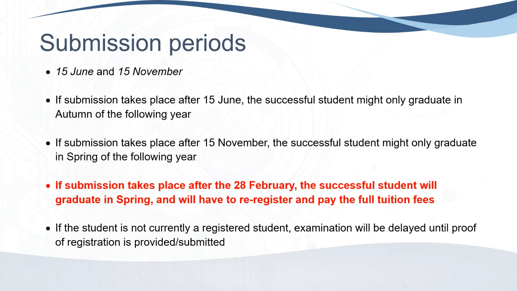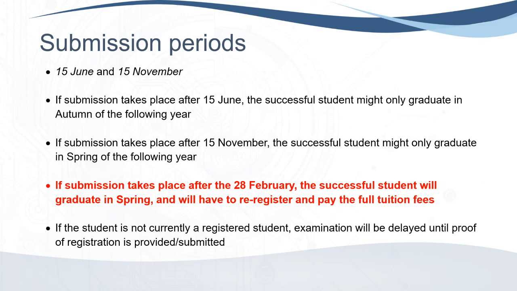So as I mentioned, the submission periods are 15 June and 15 November. If you submit by 15 June and you are successful, in other words, you pass, and the examiners did not delay the process by submitting the reports late, you will graduate in the October graduation. But if